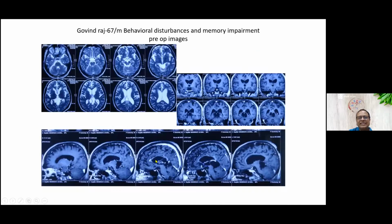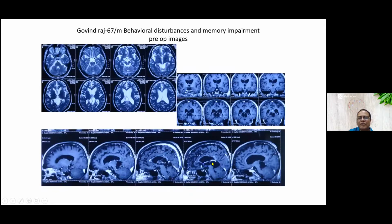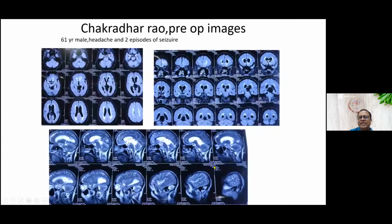Or this case. Now this case again is a quadrigeminal cistern cyst, in a patient who came with behavioral disturbance and memory impairment. But one striking thing was that the vein of Galen, the deep venous system, is shifted superiorly here. So by definition, this is the only one that is a quadrigeminal cistern cyst. But in the previous cases, let me show you the relevant images, the veins are pushed inferiorly. So by definition, these are not quadrigeminal cistern cysts. They are extensions of the posterior